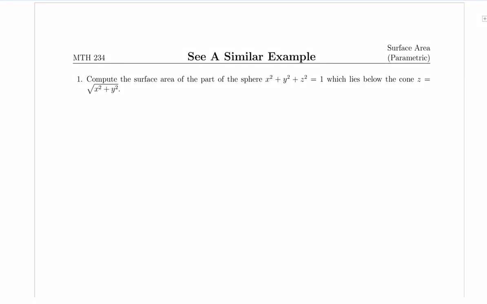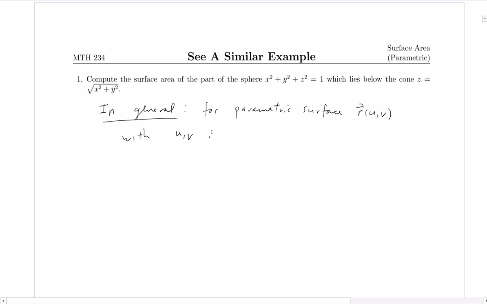In this video, we will compute the surface area of a surface defined parametrically. So first, let's recall the general formula. For a parametric surface, given as a vector valued function of two variables, with u, v in